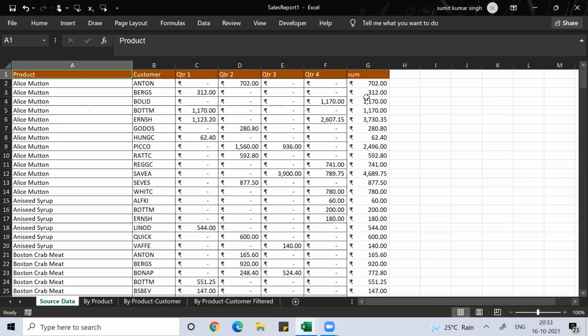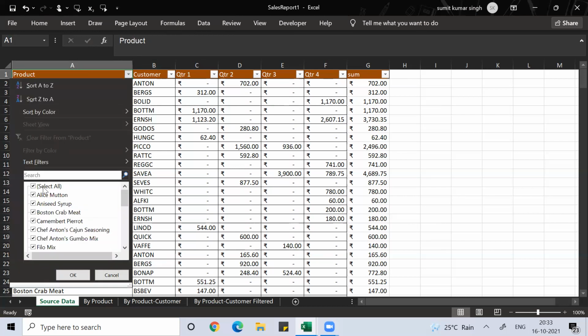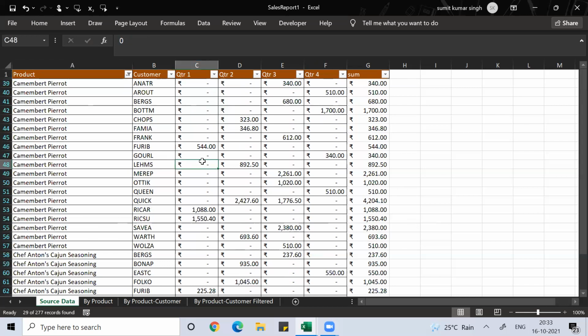To put a filter, the shortcut key is Alt DFF, or Control Shift L. If you do Control Shift L or Alt DFF, you go there and remove Select All, and whichever product I want, suppose Camembert Pierrot, Chef Anton's Cajun Seasoning, simply press OK, you'll get their data. Only those data are visible.